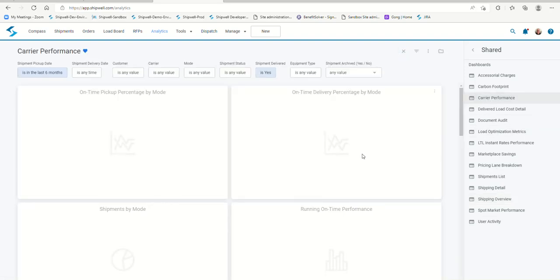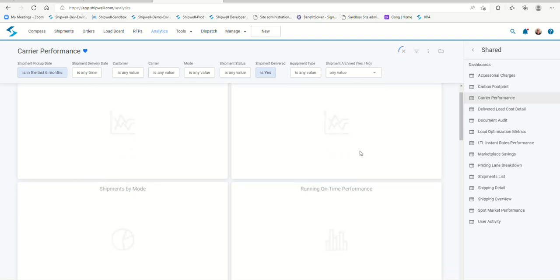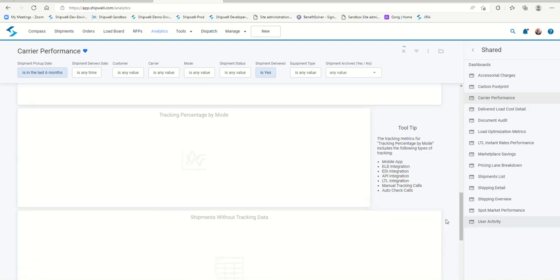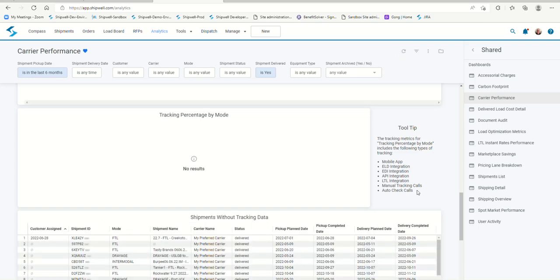What is our on-time pick, on-time delivery performance? What are the shipments by mode? What's our on-time running performance? And then also information around, again, tracking. What's our tracking performance? And I mentioned some of the things around tracking and having full integration, but tracking from a mobile app, ELD, EDI, API,